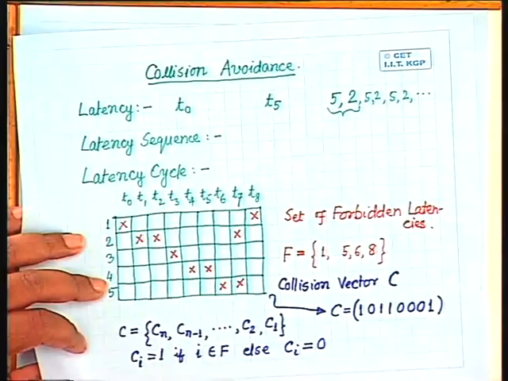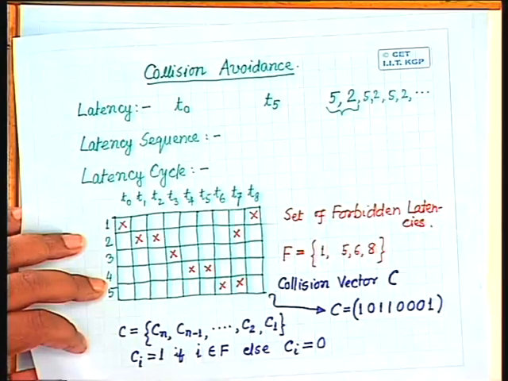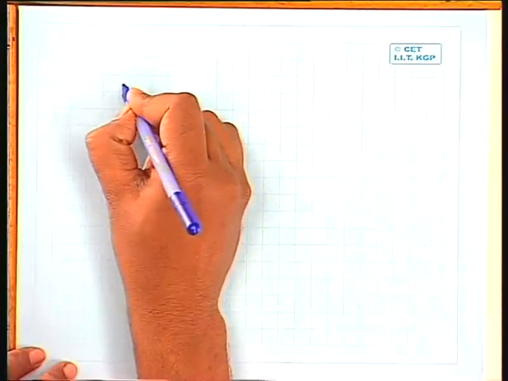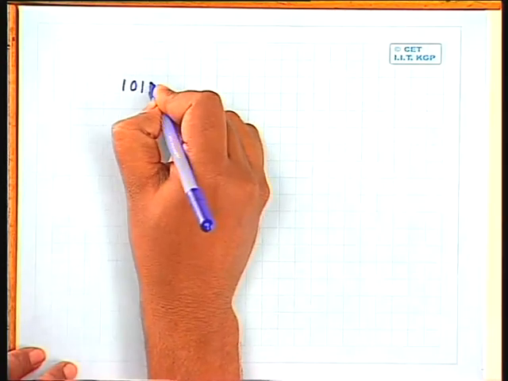Okay. So when the task is complete, at any time I can initiate a new task. That does not lead to a collision. So all the leftmost bits which become vacant because of right shift, you fill up those bits with 0. Okay. So this remaining collision vector that you get, whenever I initiate a new task, I simply bitwise OR the collision vector of the new task with whatever is remaining in the shift register, and that becomes my new collision vector. Okay. So coming to this particular example where I get a collision vector like this, 1 0 1 1